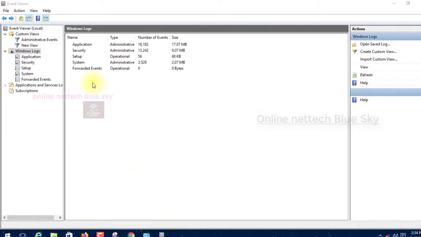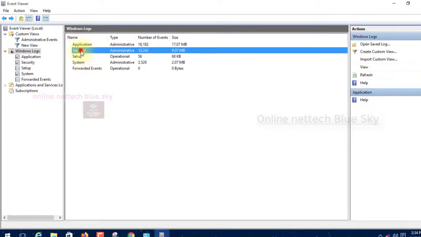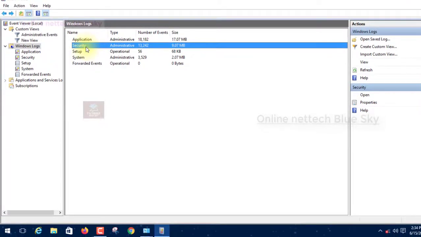So it is one type of showing that information. Security related means what? Security is one type of your login to your computer, logout of computer, some changing of settings, some computer level and control panel, anything that is changing. So this security inside gives all the information.